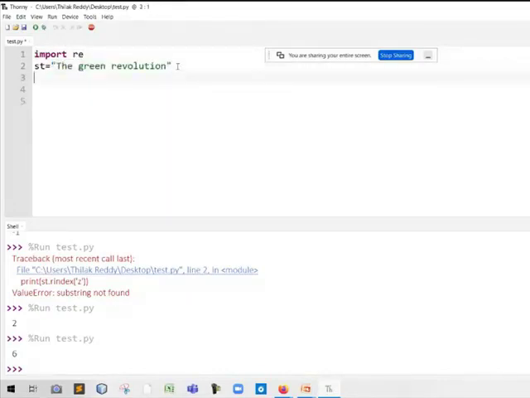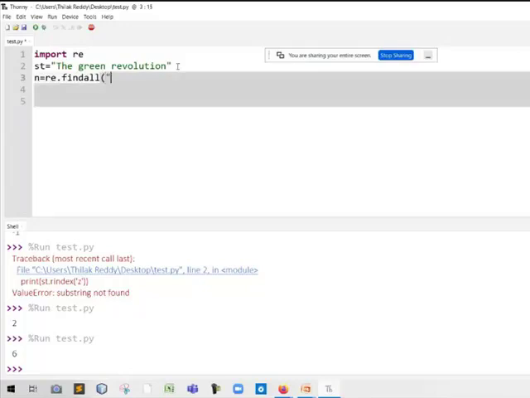Now what is the next statement? Some variable, x equal to, or n equal to, then re dot findall, that is module name dot findall method.